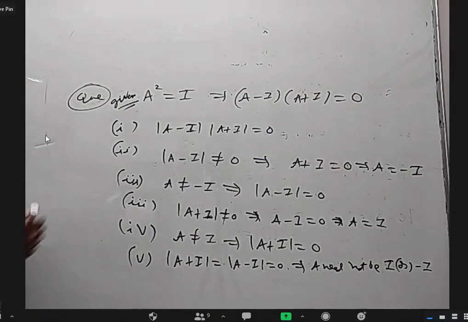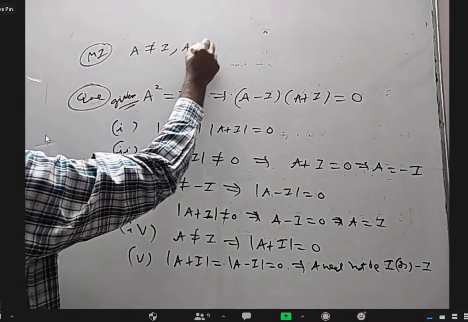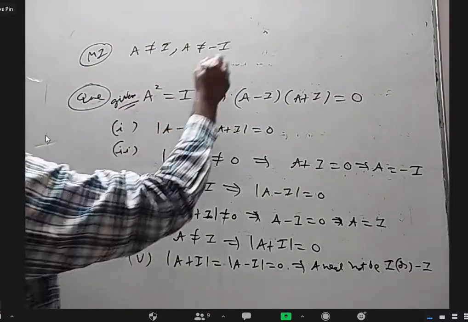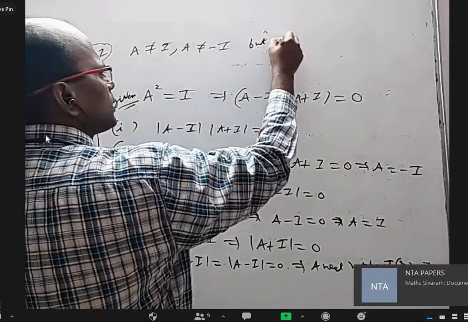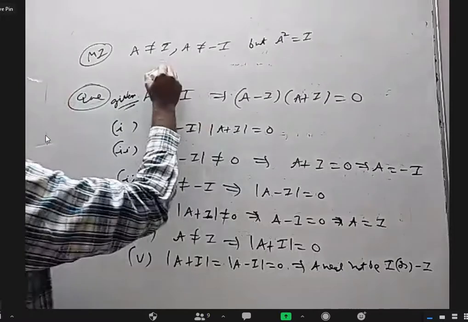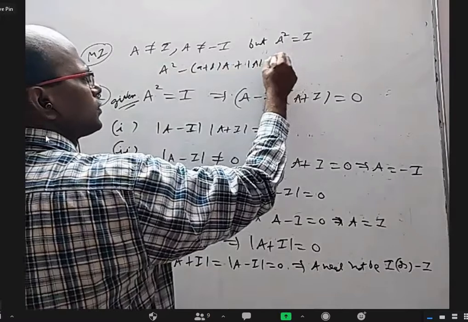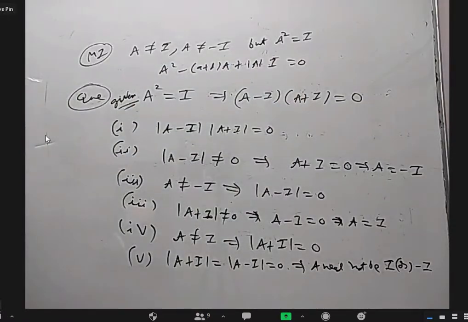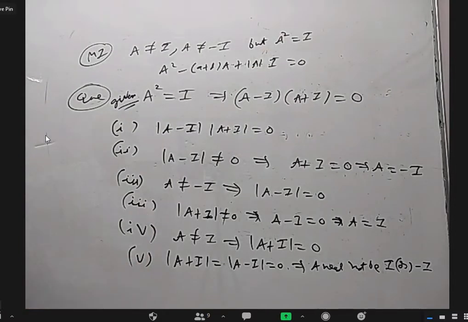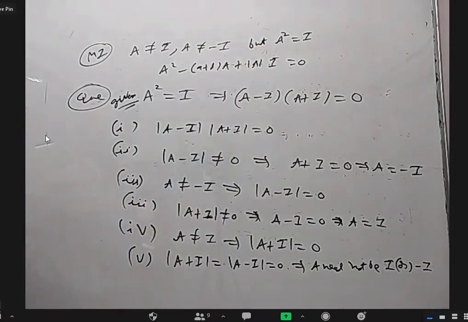Okay. Just for the same question, if I want to do it like this, that A is not equal to I and A is not equal to minus I, but A square equals I, let us say this is given to us. I know that A square minus (trace A) into A plus (det A) into I will be 0. If something satisfies this, if I compare this and this, I should get trace 0 and det of A should come minus 1.